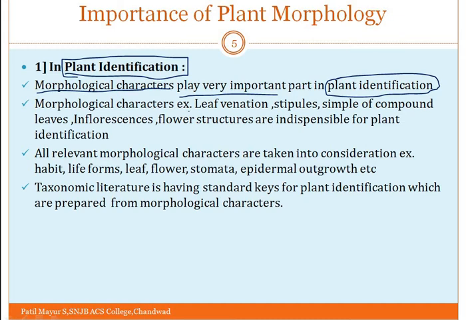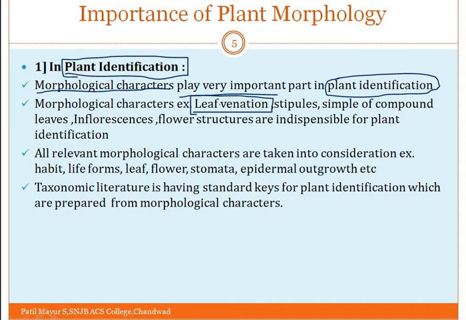How? For example, some morphological characters like leaf venation. You might have studied in your earlier standards that angiosperms are classified into two classes, monocotyledons and dicotyledons. How will we identify monocotyledons? One of the characteristics is the leaf venation. If it has parallel venation, we call it a monocotyledon, and if it has reticulate venation, we call it a dicotyledon.